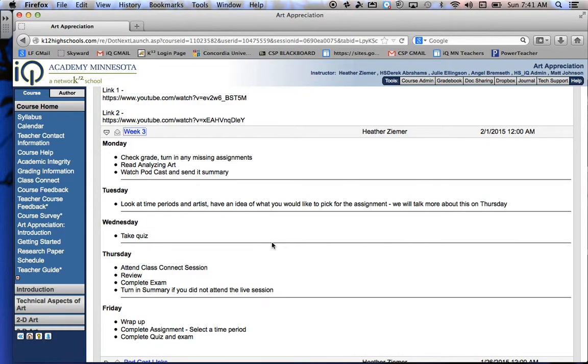Region, selecting a region and a time period, which a lot of you did an excellent job. If you haven't done that yet though, make sure you do that. And then in about 2 weeks, you'll actually choose an artist and an artwork from that time period and region to research. And then we'll continue every 2 weeks doing outlines, rough drafts, final drafts until the end of the